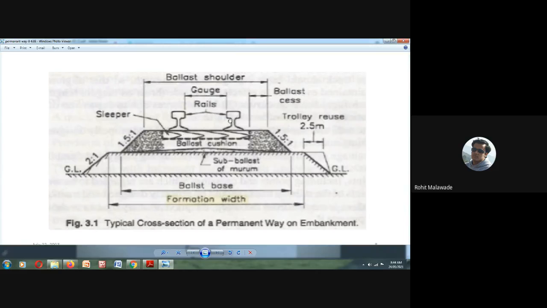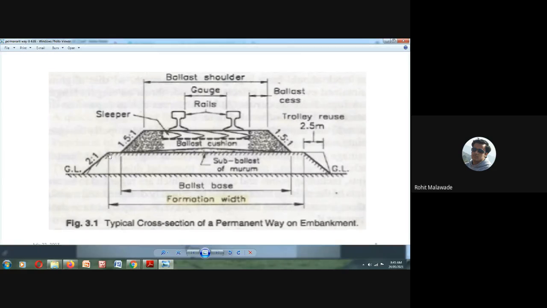and above this you are going to have your train. Now we will see what the width of the formation should be. What exactly is the formation width? From here to here, see, here we have raised the ground, we have placed the soil over this particular ground level, and we have provided a certain slope.